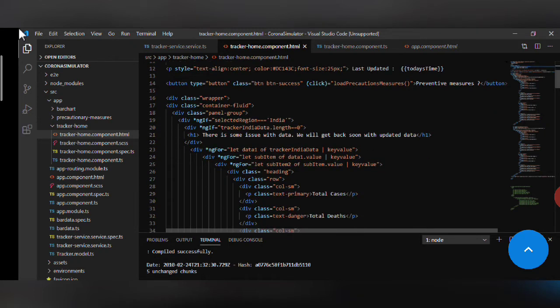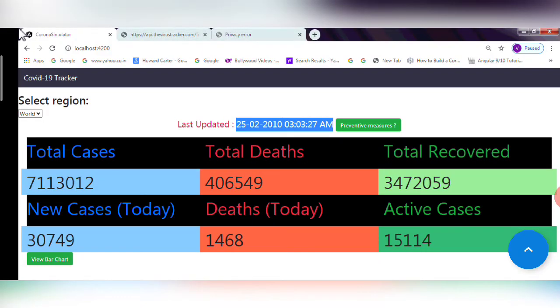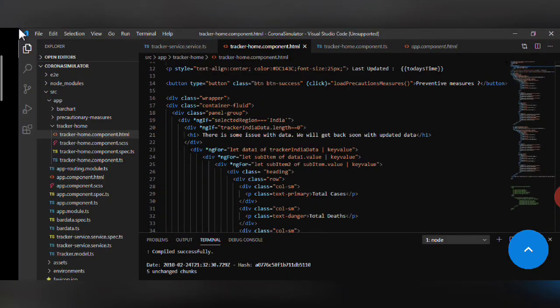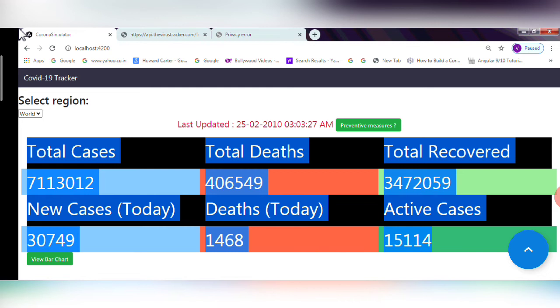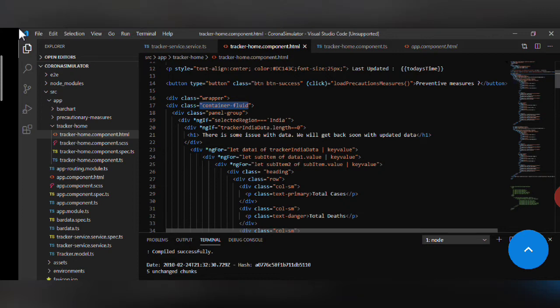Now the main part is the region where we have to show this data, which comes under this wrapper div class. The container fluid will take care that this whole display is covered within this container fluid tag only.